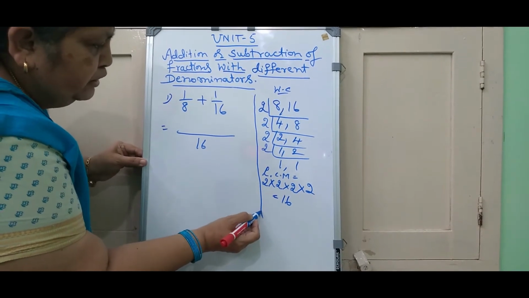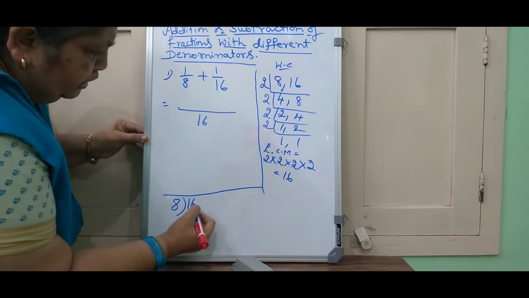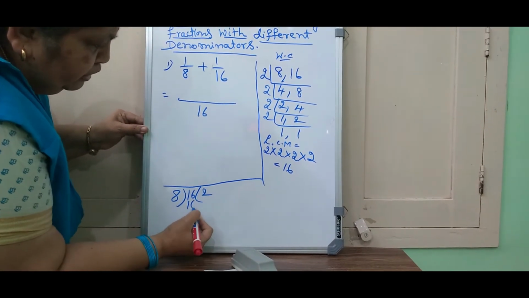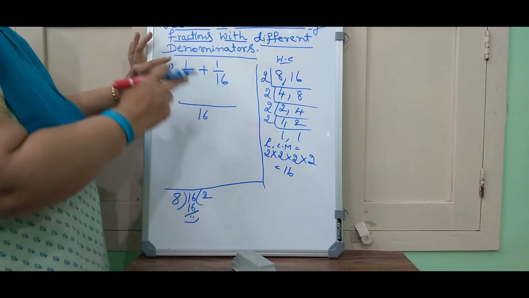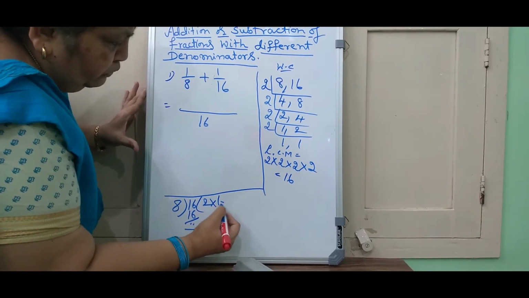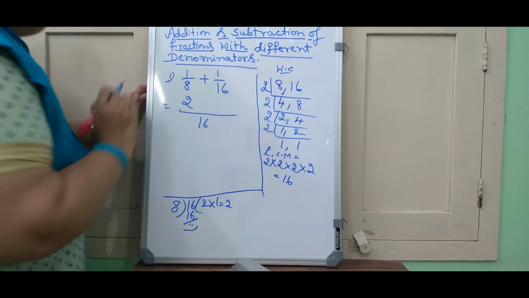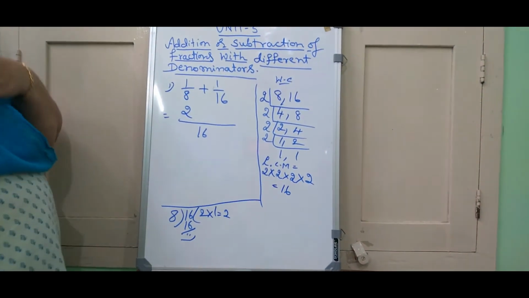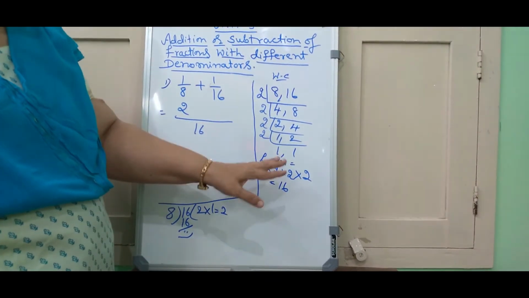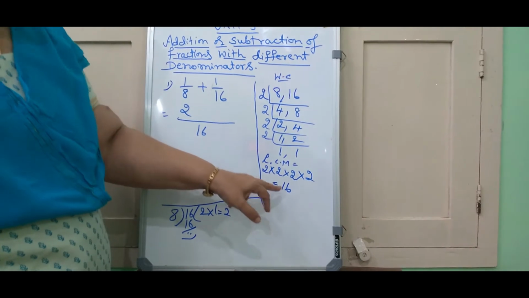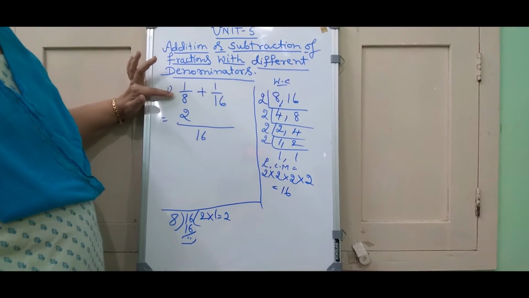Now let me write here because of the space problem. See, 8 and 16, 8 2s are 16, and here the numerator part is only 1. So 2 into 1 you consider, that is 2 only. So this number we are writing here. What we are doing exactly, once again I will tell you. First we have found out the LCM of the two numbers. Divide this LCM